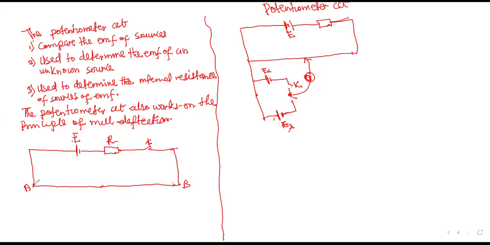Then when we connect a voltmeter to a jockey, this is not the galvanometer yet. This is the voltmeter. So long as the current flow through the wire or the circuit is constant,